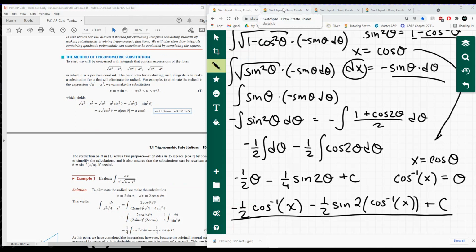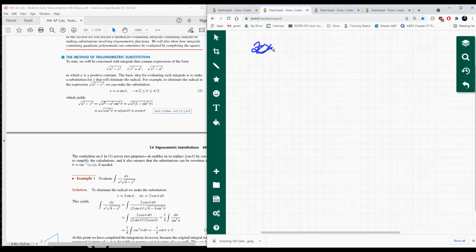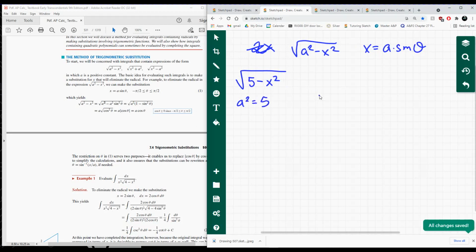So let's come up with a general rule on how to solve these sort of integrals. If you were to have the square root of a squared minus x squared, the idea is you set x equal to a times sine of theta. So for example, if I had the square root of 5 minus x squared, the idea is that the a squared is going to be equal to this 5, so that if x is equal to square root of 5